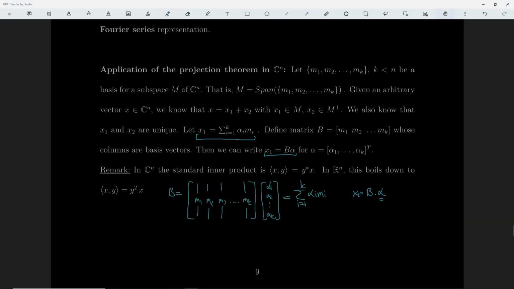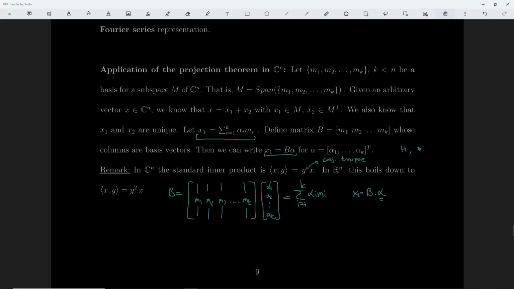Anyways, so we will consider the standard inner product in Cn, as the inner product of two complex vectors is equal to y conjugate transpose times x. So this is the conjugate transpose operation. In some textbooks, it is shown by this H, this Hermitian operation. Sometimes it's shown by star. Sometimes something else. Anyways, and if we are talking about Rn, n-dimensional real vectors, this inner product will be equal to y transpose x